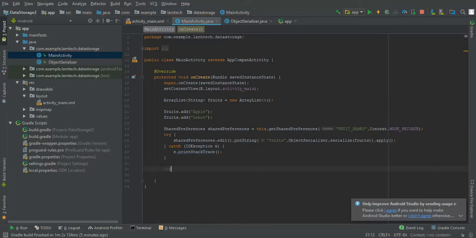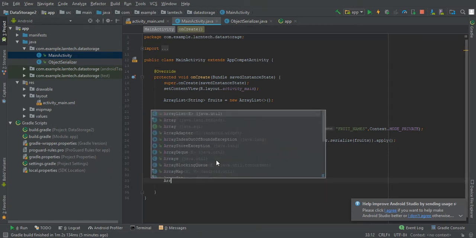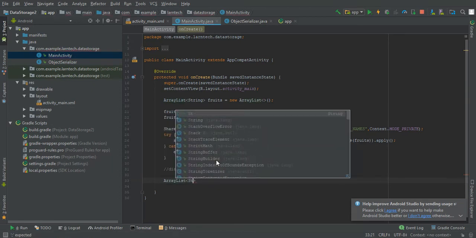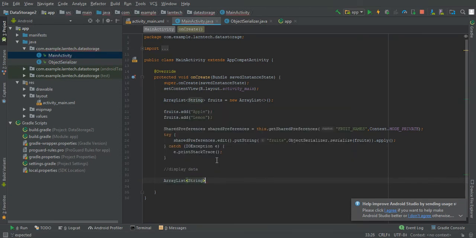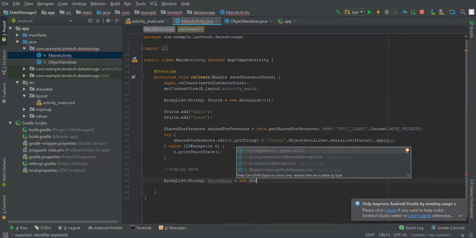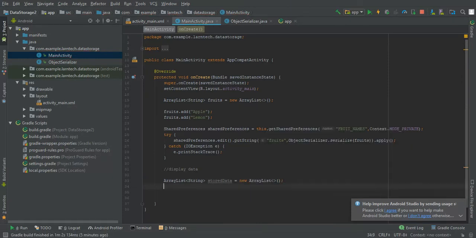We also need to retrieve this data, or display data to the user. Okay. So for us to retrieve, we need to create another array list of string that will store the retrieved data. So I'll call it store data new array list. So I have stored data, go to object. Now we are going to deserialize